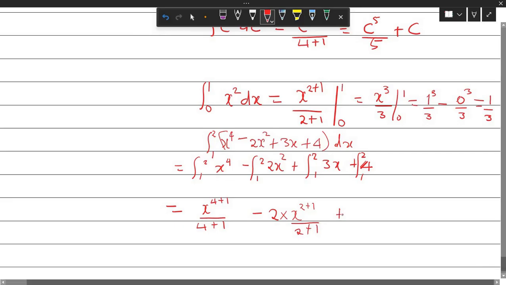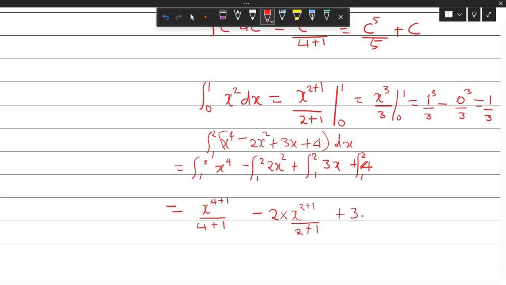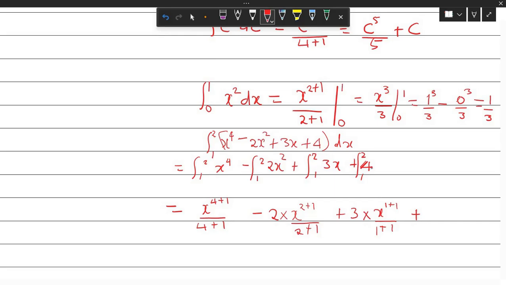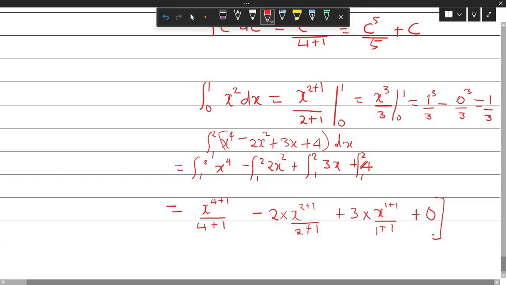Next we say plus, so we have 3 again, 3 will come out because it's a constant. Then we say x to the power 1, so plus 1 over 1 plus 1, plus, so 4, as you can see, 4 doesn't have any variable here, it doesn't have a letter. Okay, so in here our variable is x, so this is alone, so this one will be 0. So we'll close our bracket